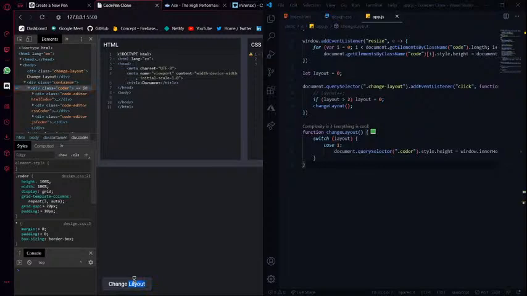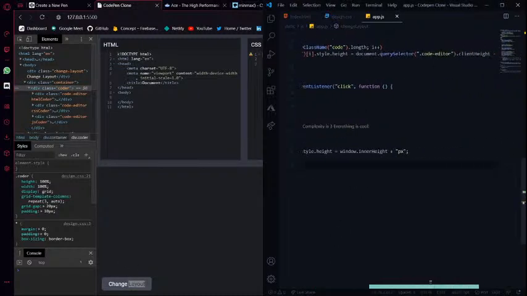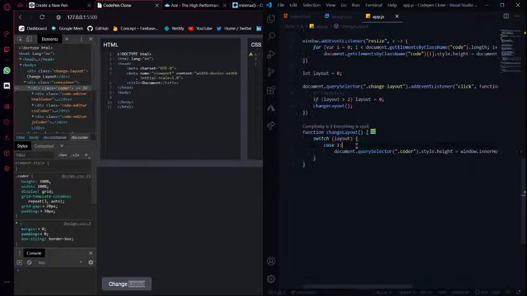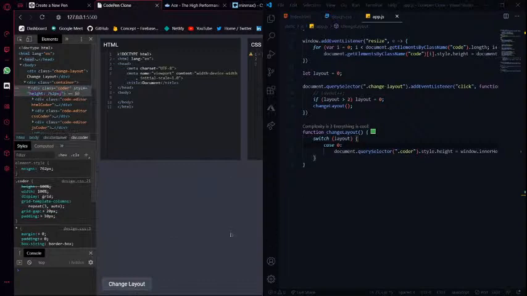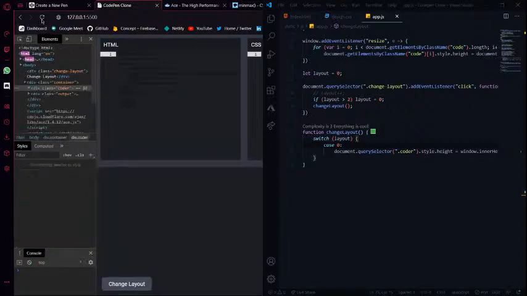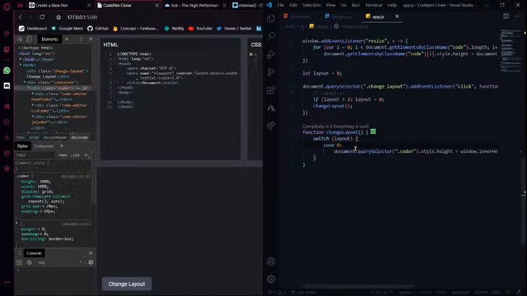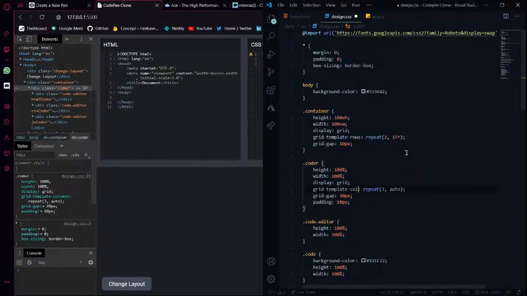If I press this, nothing really happens. Oh wait, that's gonna be 0. That's why nothing happens. Yep, this works. So now I'm just gonna refresh this, and then I'm gonna undo this part,